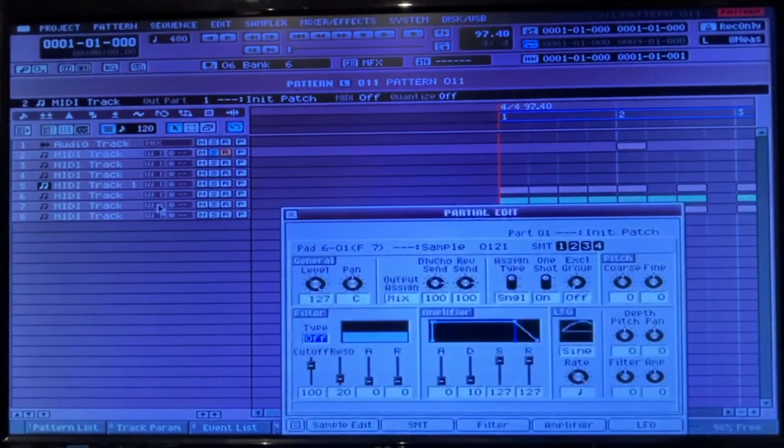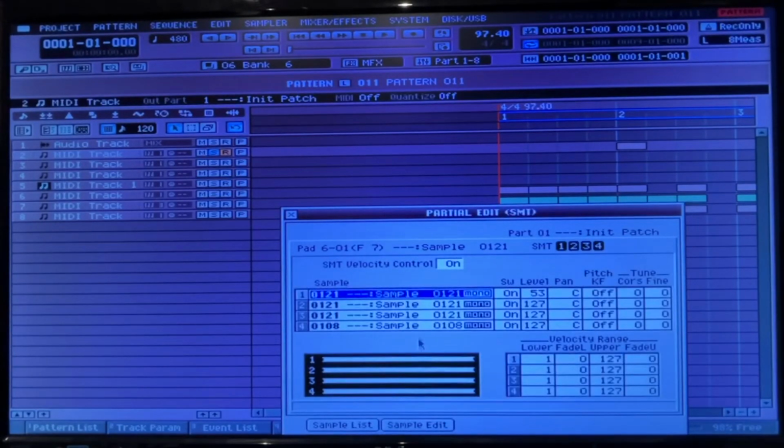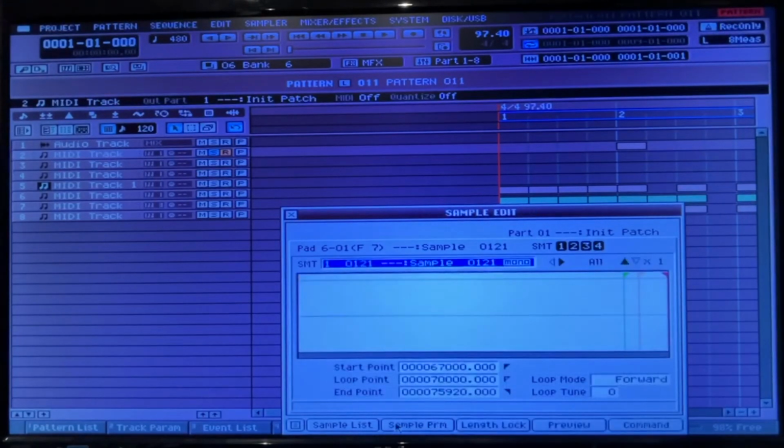But I'll just mention it real quick. Now, just say you have samples. It doesn't matter what it is. You got 4 samples of sound, let's say, on each one of these pads. Now, this is where it can get freaky. When you offset these samples and you do your levels and whatnot, when you go into sample edit